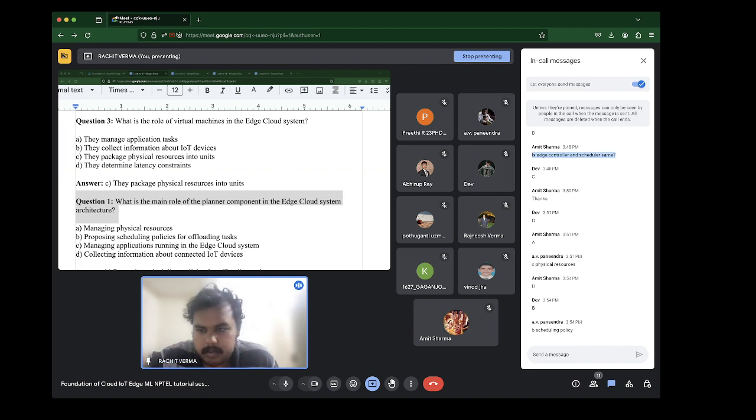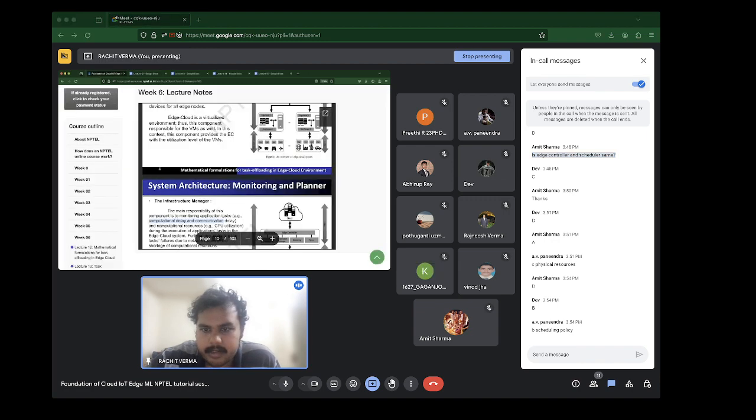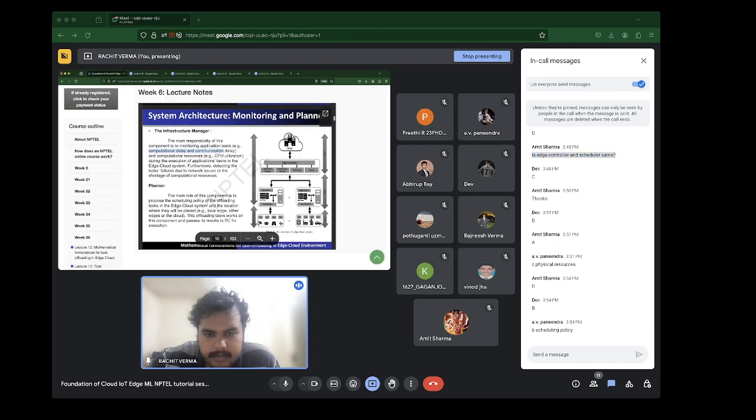If you look at your notes, as we just saw, the answer is B, proposing scheduling policies for offloading tasks, and it does not manage applications exactly. That may be kind of indirect, but B would be the most appropriate answer. Let's take a look at your notes again. Scheduling policy of the offloading tasks and the location where they will be placed. This offloading task works on this component and it passes its result to EC for execution.